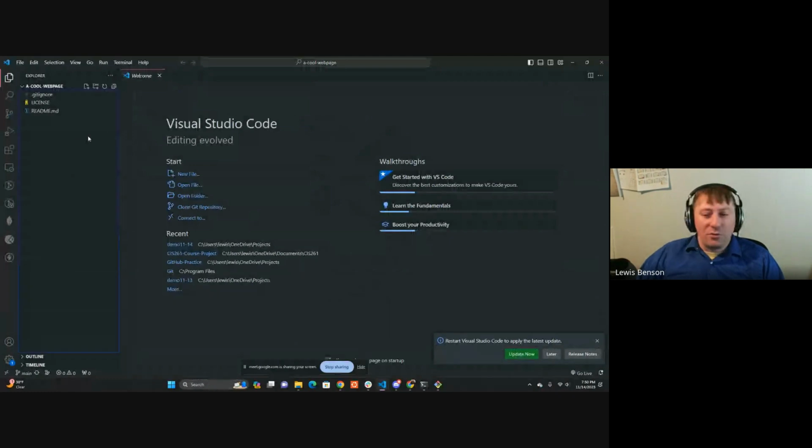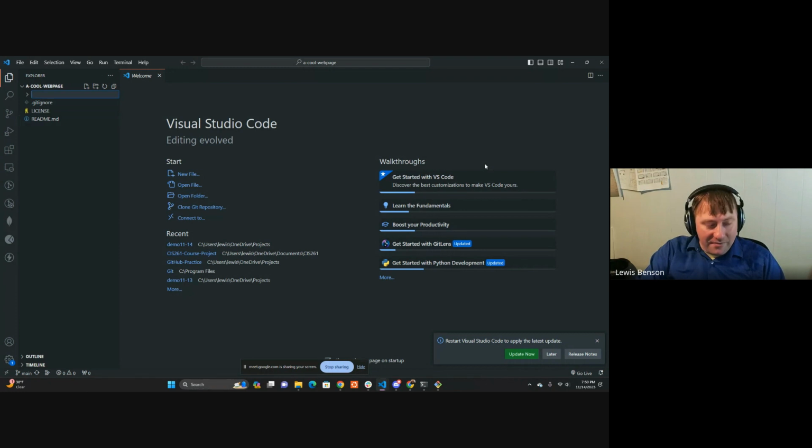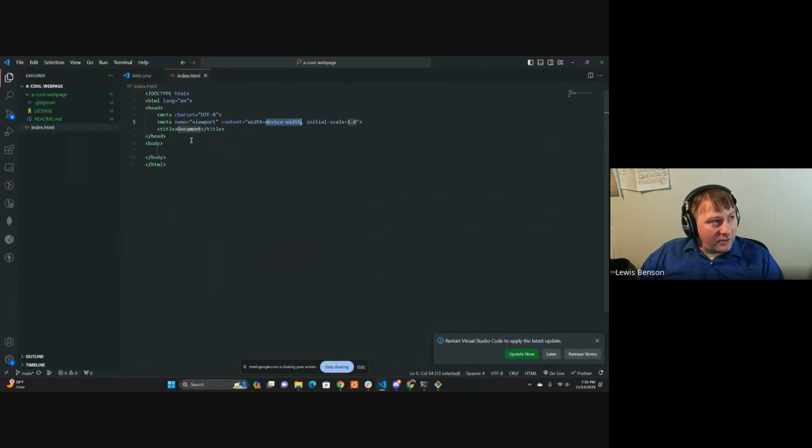Okay, so now to show you why it's not good practice to create a folder ahead of time. This is what it would look like, a cool web page, and then all of my files would be inside of this folder. So this is my root folder right now, and this is where my project is. If I create an index.html right here, and I start some content,